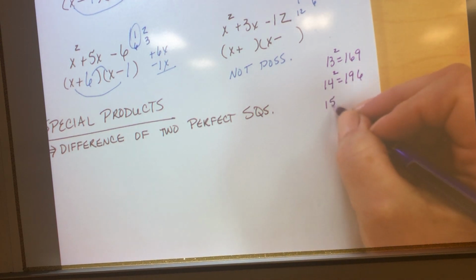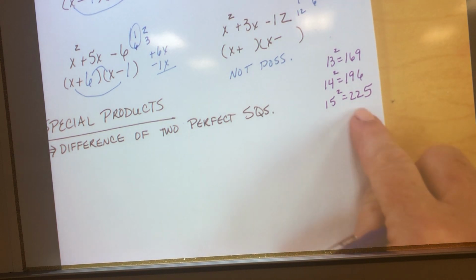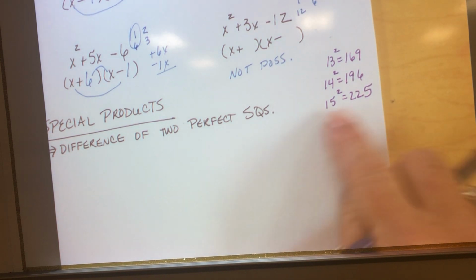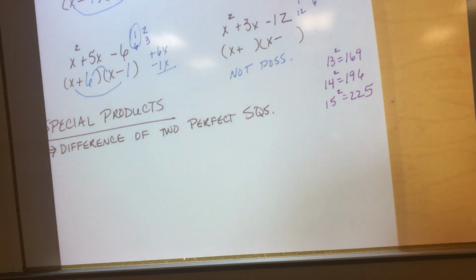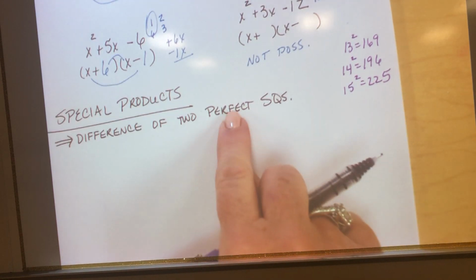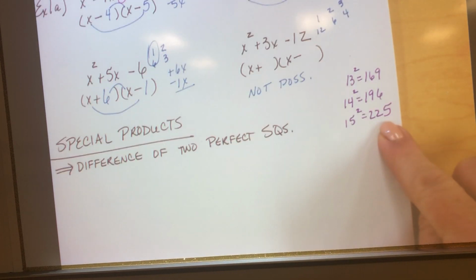And 15 squared is 225. Okay, so right now, that's where I would say you would be good to go. If you needed anything past there, you could always jot and play on your paper a little bit and figure it out, all right? But the problem is, if I'm going to recognize perfect squares, these numbers over here,